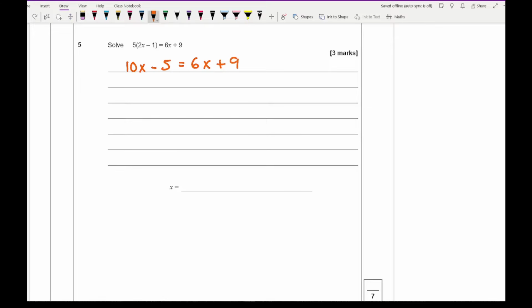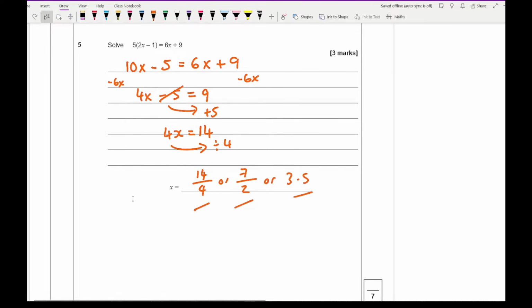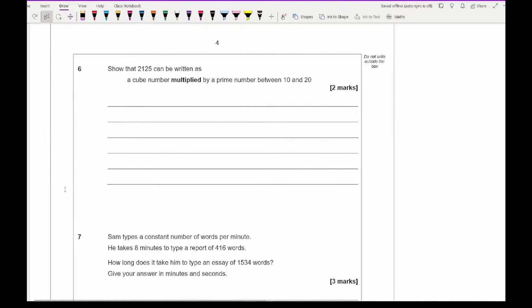Then we move the x's all onto one side, so we end up with taking away 6x, take away 6x, so we end up with 4x minus 5 equals 9. Take the 5 over by adding 5, so we end up with 4x equals 14, and then divide by 4, so we end up with x equals 14 over 4, or 7 over 2, or 3.5, whichever floats your boat will be fine. Moving on to question 6, it says show that